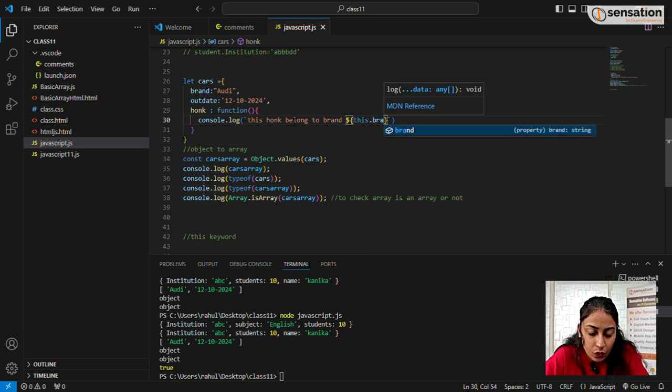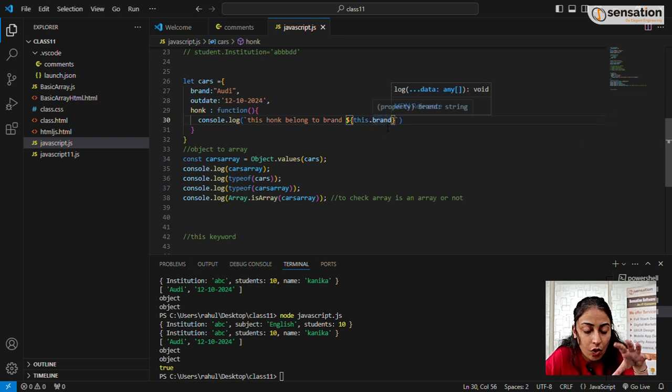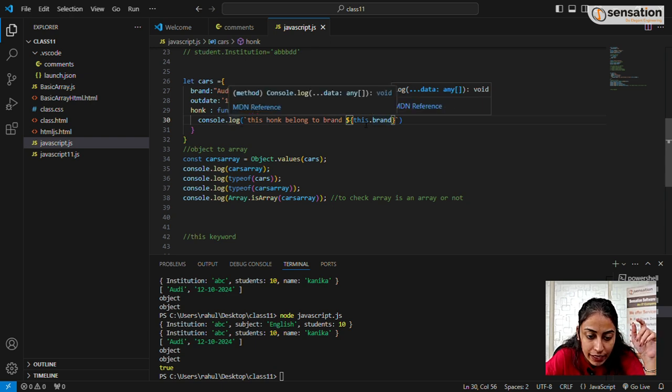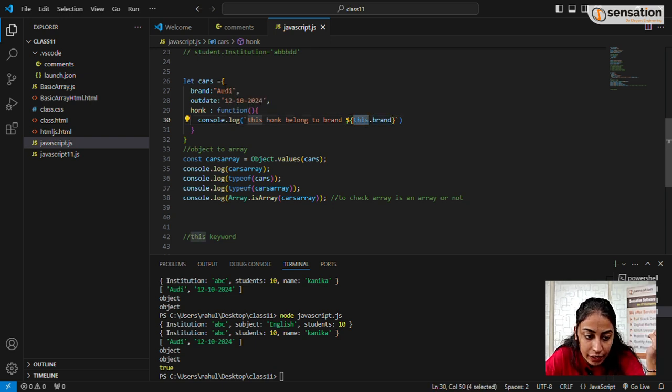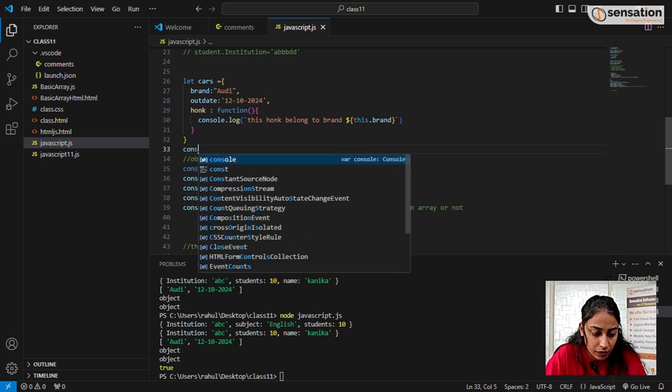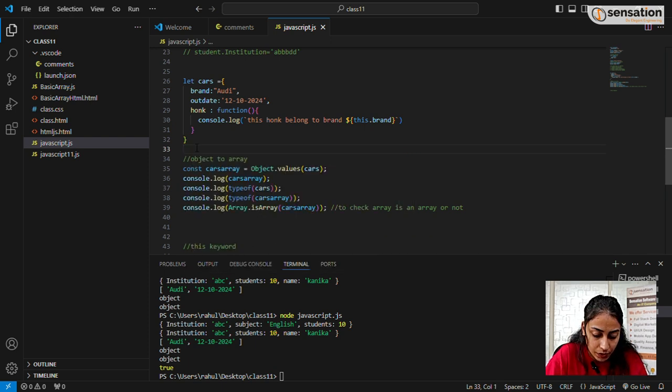I've told you earlier, whenever I want to get the value of a key, we write the name of the object, that is car.brand. But whenever I'm using this inside an object, this behaves like the object. Now this will behave like the object, that is cars. Now let us check. We have written inside it, and now I'm printing it with console. Okay, let me call this object cars